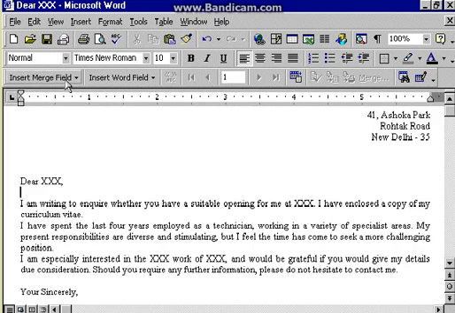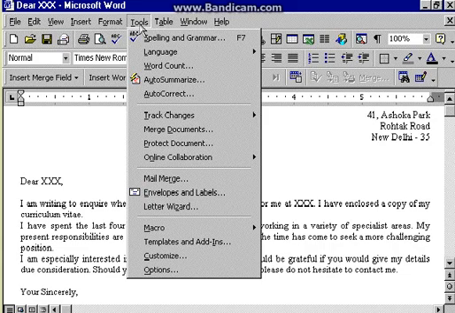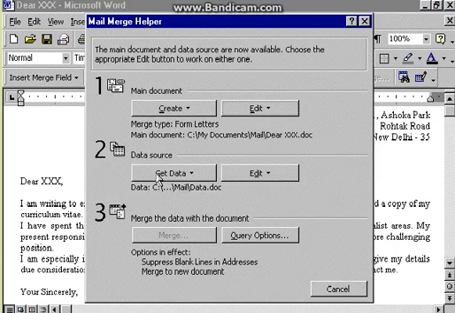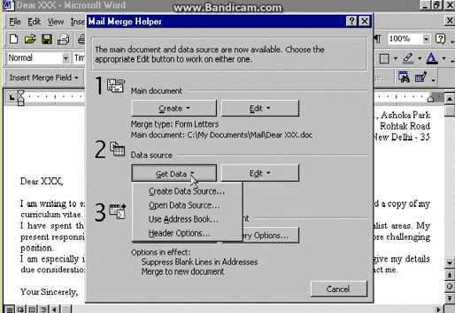If at any point you want to change your data source, so for example, if you want to keep your same main document, but you now want to use a different set of data, I can do that. I'll just go back to my main document. I can change my data source very easily. I can choose Tools, Mail Merge, where it says here Get Data. Instead of using that data that we worked on earlier in this lesson, I can choose Get Data, Open Data Source,